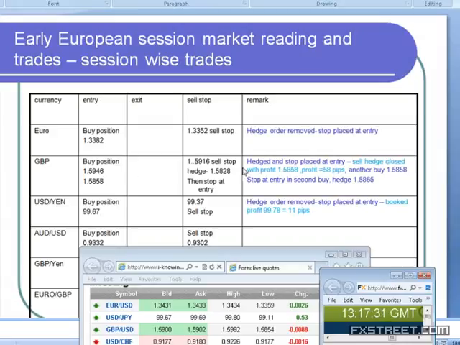Then subsequently, I kept the hedge order 30 pips below 1.5916. As a knee-jerk reaction, they simply made a big drop, and then subsequently it came down to 1.5854. You know that they straight away made that drop and it came down about 115 pips. And then subsequently, they stopped cutting the low for 10 minutes. Then immediately what I had done, I just booked a profit in the hedge at 1.5858 with 58 pips profit